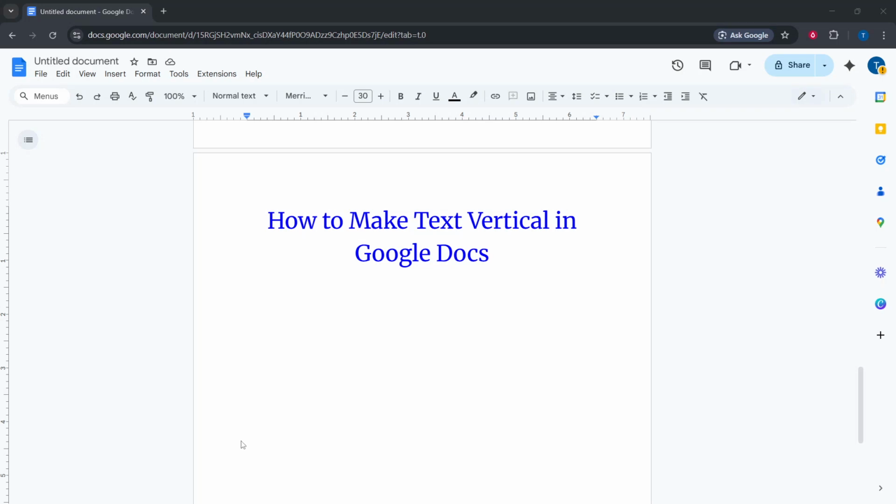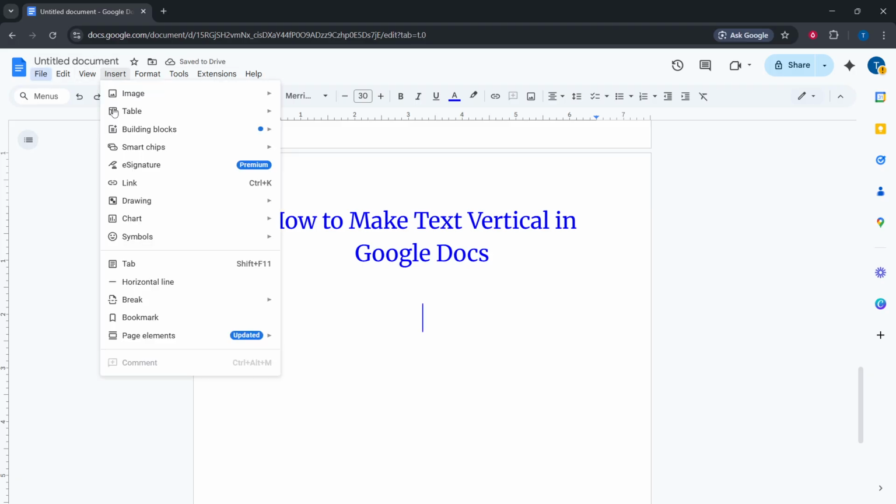In today's video, I'm going to teach you how to make text vertical in Google Docs. If you've ever wanted text to run top to bottom for a label, a sidebar, or a design element, Google Docs doesn't rotate text directly in the document body. The simplest, cleanest way is to use the built-in drawing tool, which lets you rotate a text box exactly where